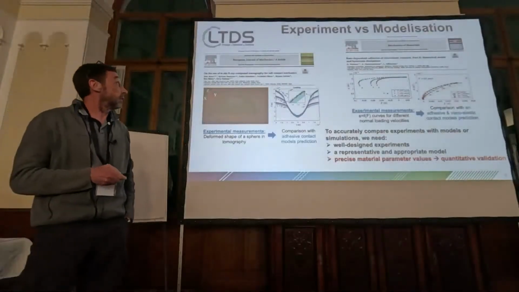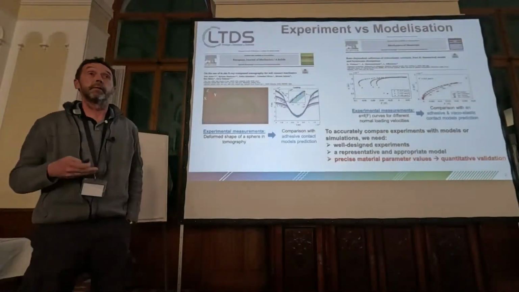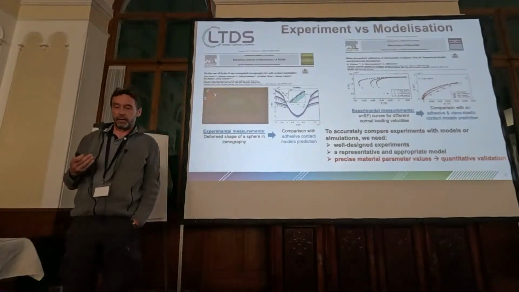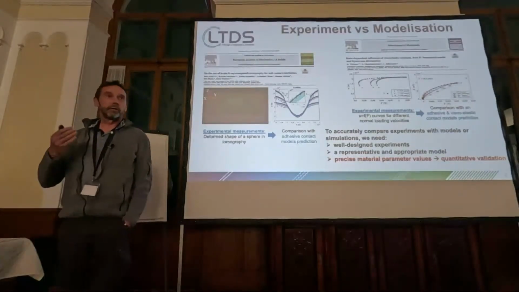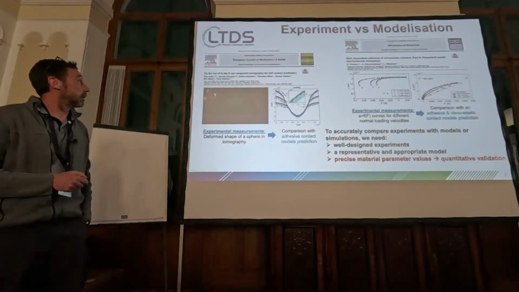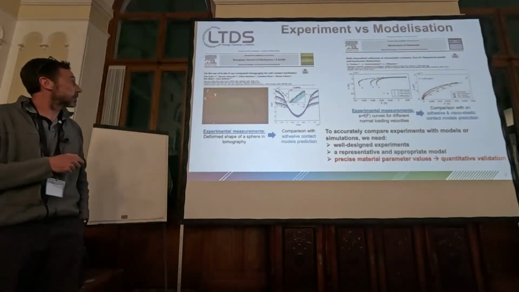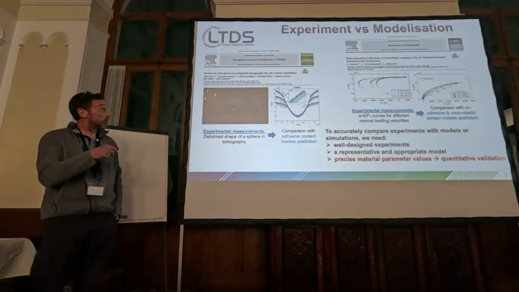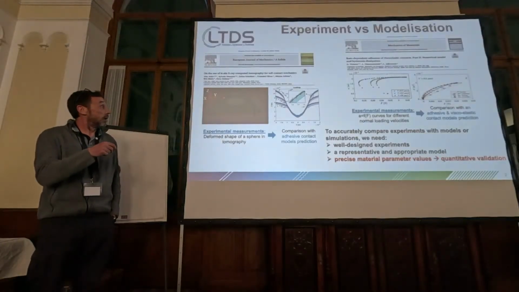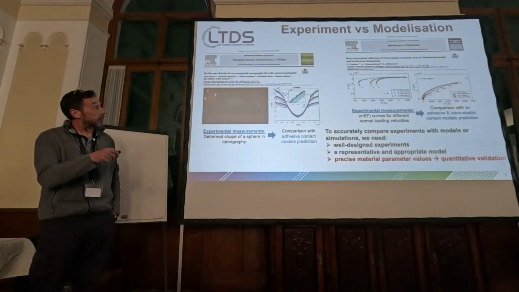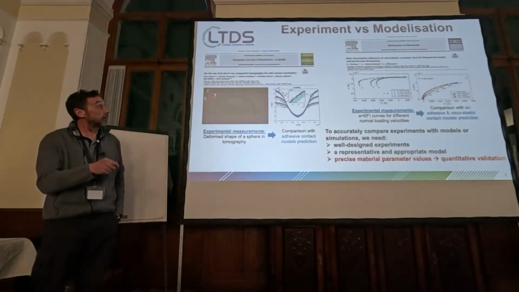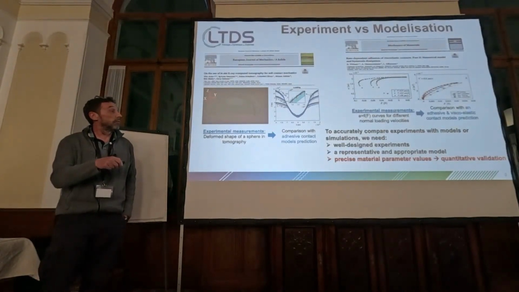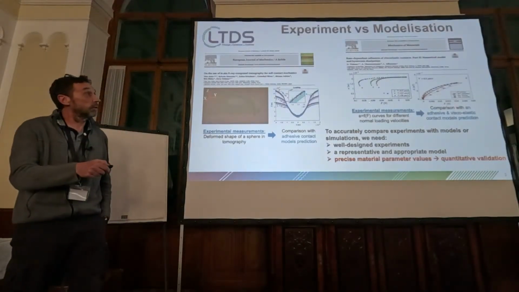As an experimentalist, when I do an experiment, one of my goals is to compare my experimental measurement to models or to simulations. And it's really important. For example, in this experiment, we measure the shape of a sphere in contact with a glass plate using tomography, and we can see the evolution of the shape of this sphere during loading. We wanted to compare it to a very classical adhesive contact model prediction.